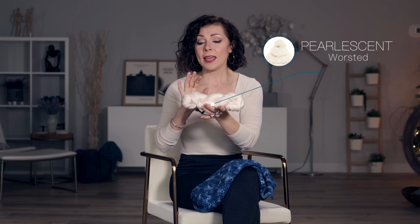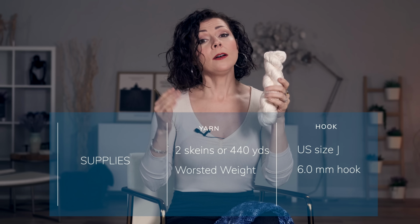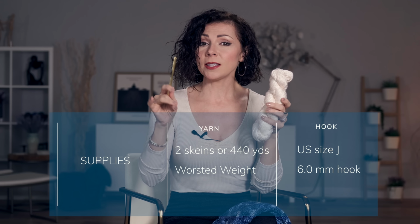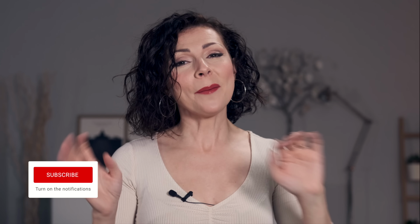We used our shimmering pearlescent worsted yarn for this, a soft and glowing blend of Mulberry Silk and Superwash Merino Wool. You'll need 2 skeins of this or 440 yards of any other worsted weight yarn, as well as a US size J 6.0 millimeter hook. So grab your favorite drink, pop on some music, curl up in your favorite chair, and let's get started on